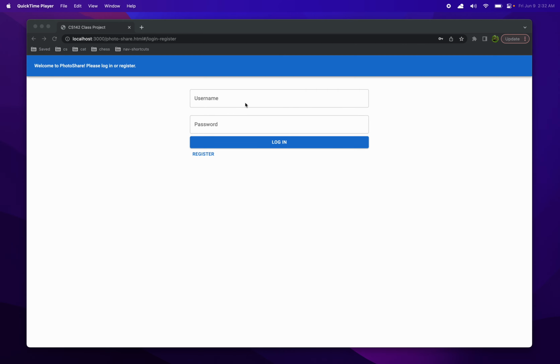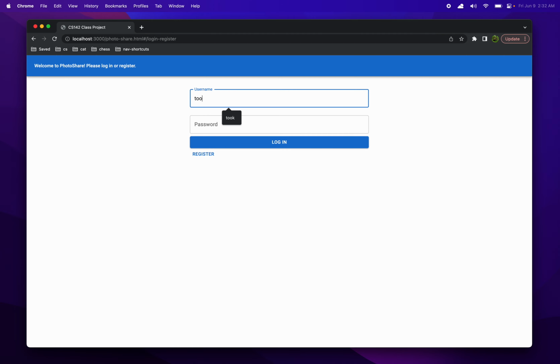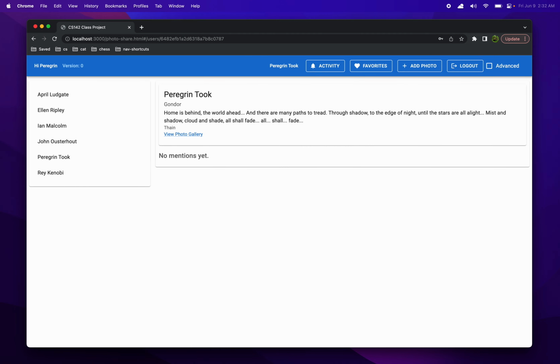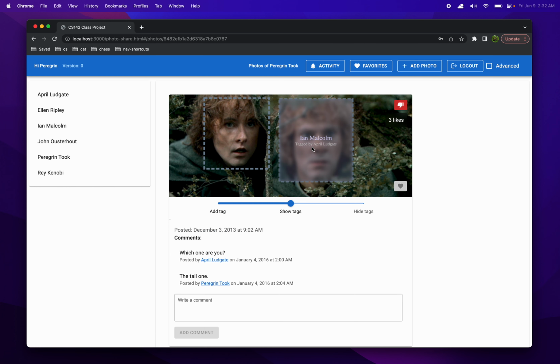PhotoShare photo project. Here I'll be showing off a few features. First, we will start with photo tagging. So let's log in as an arbitrary user. We'll log in as Took and see that if we already have tags stored in the database, we can hover